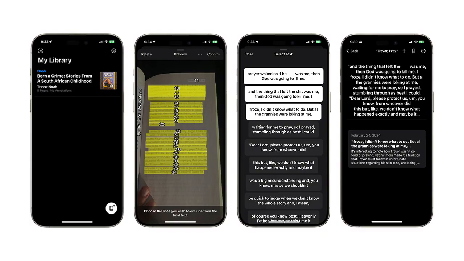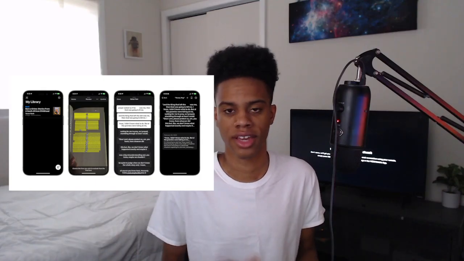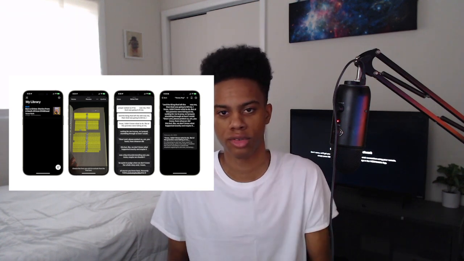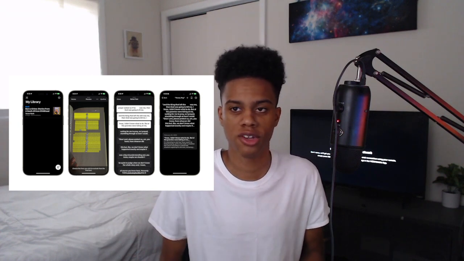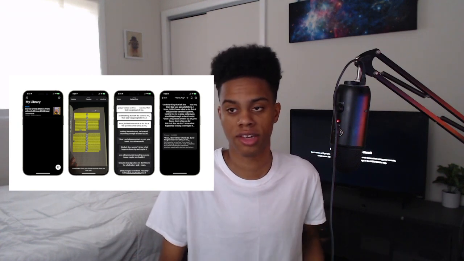called Study Repo. Now this application itself utilizes text from books, text from notes, text from textbooks, text from anywhere else you want to use it from, and then you're able to utilize the application to pretty much manage a library of books. Now you might think it's like the Books app, but the way this is different from the Books app is that you can